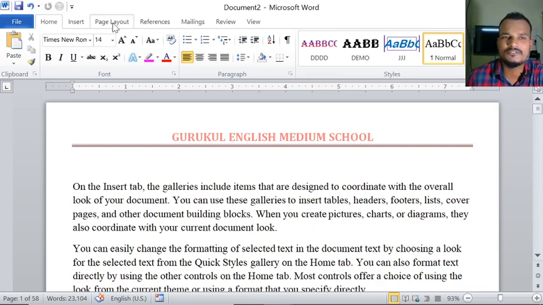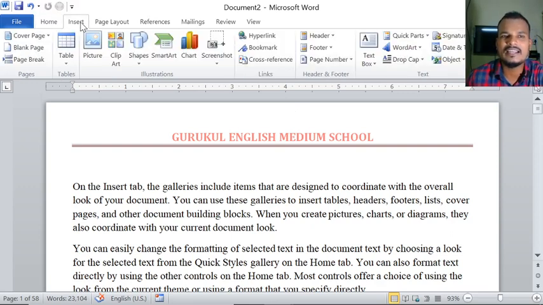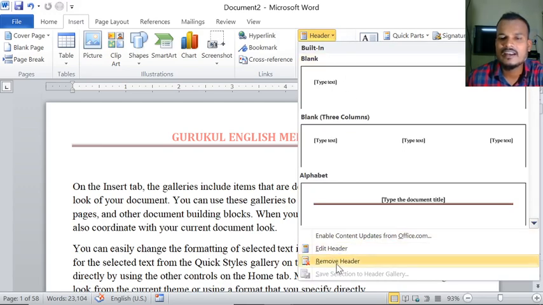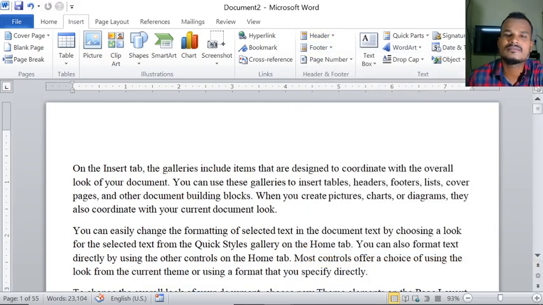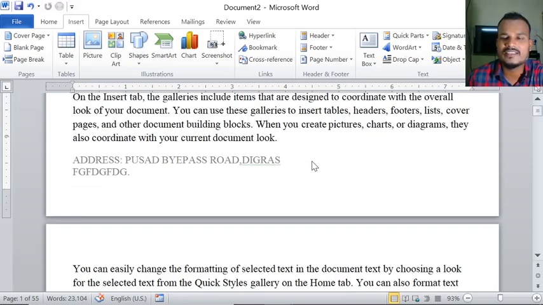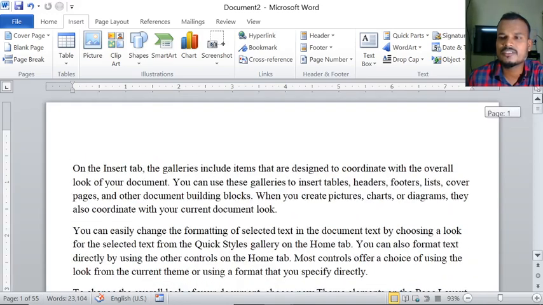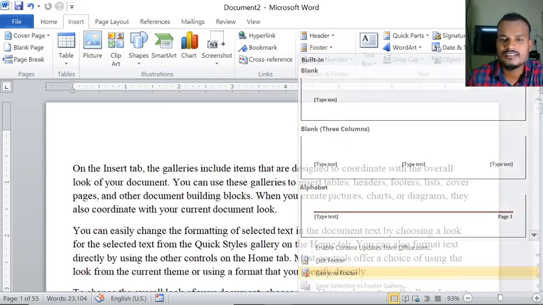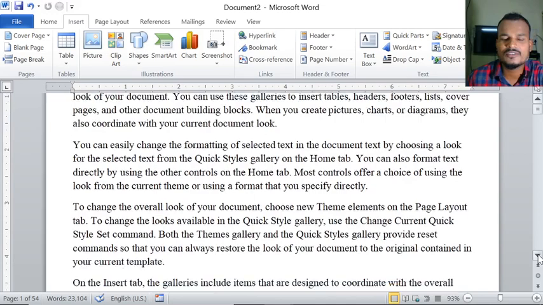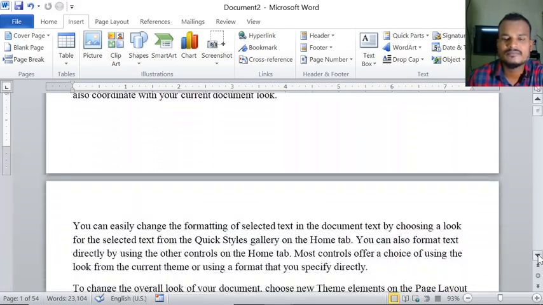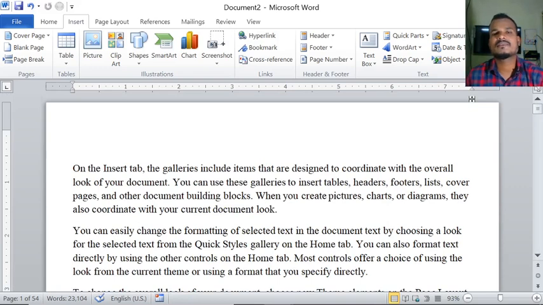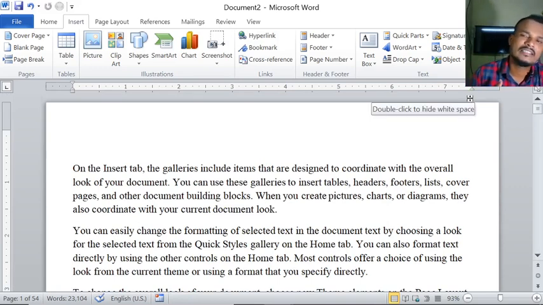If you want to remove the header and footer, the procedure is to click on the insert tab. In that insert tab, if you want to remove the header, click on header here, remove header. Now you observe each and every page footer is there. Why? Because we have not removed the footer. So only the header is removed. Again, if you want to remove the footer, just click here footer, remove footer. See, now you observe, no header, no footer for every page. So this is about how to insert and edit header and footers.